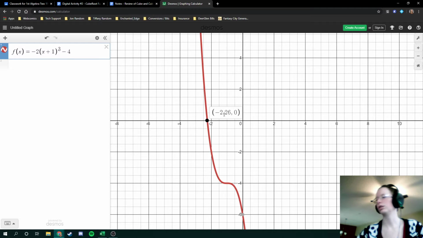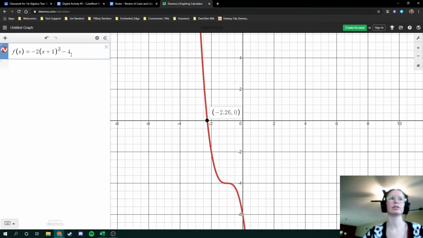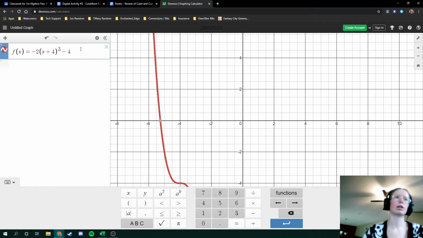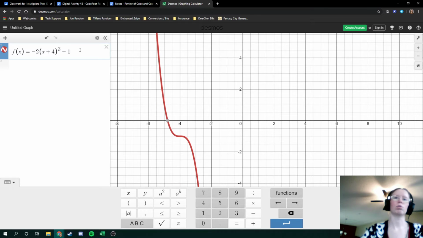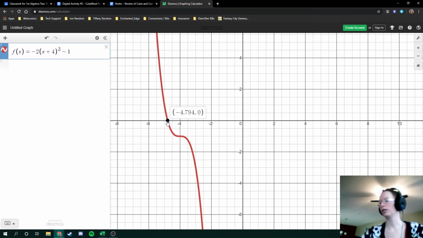-2.260. And our y-intercept, do I have the right function here? I do not. Un momento. I need to change this to a 4 and that to a 1. My bad. Okay. The only thing that changes is going to change our intercepts. So instead, our x-intercept is at